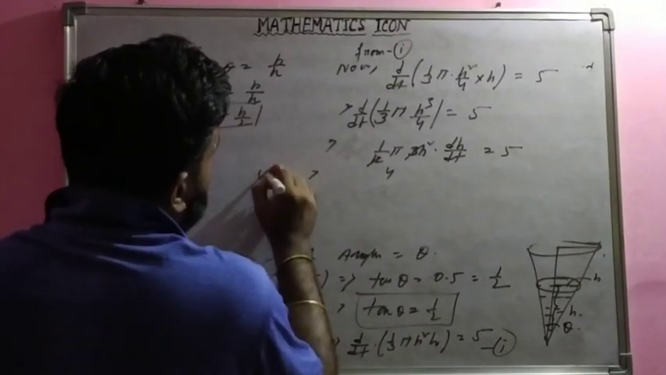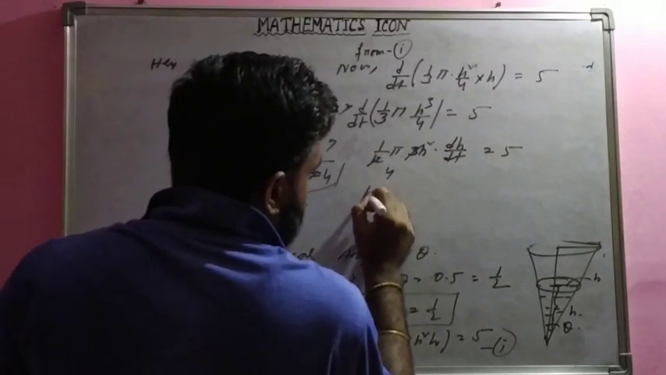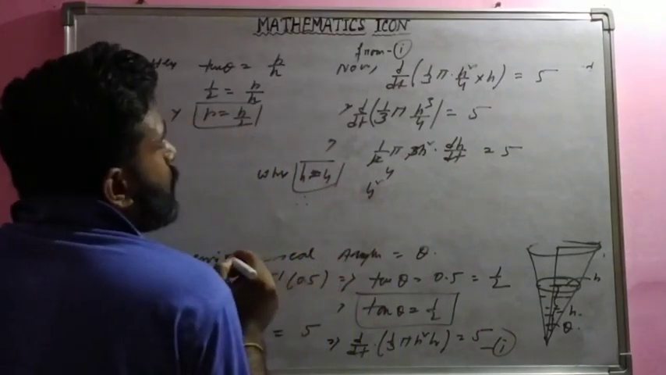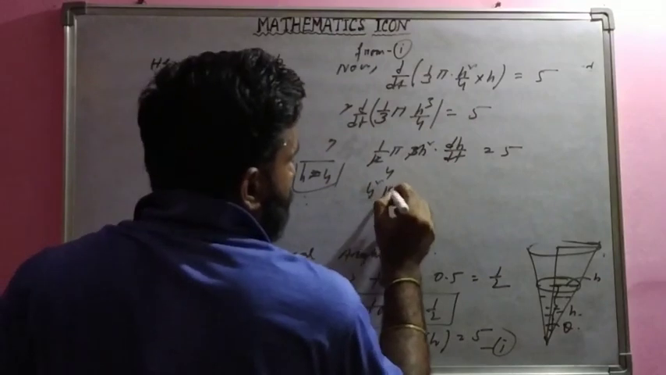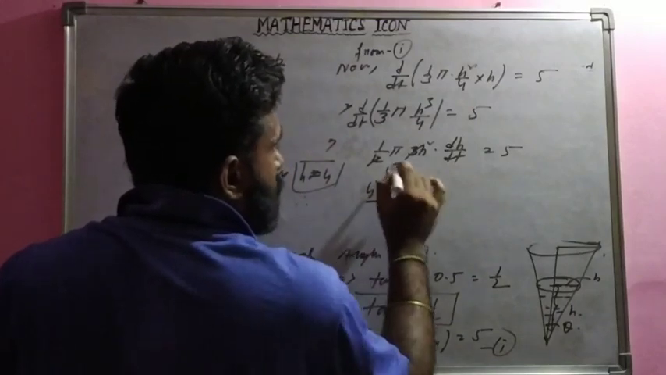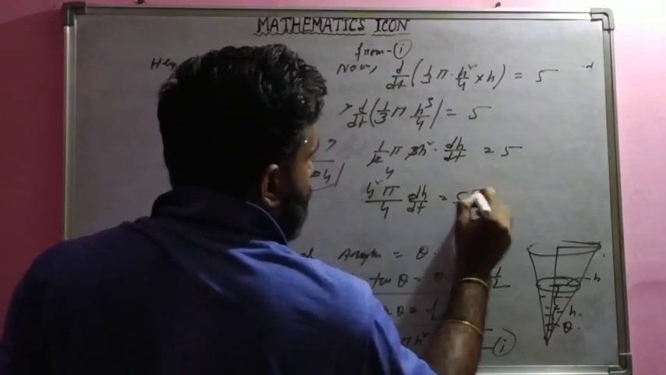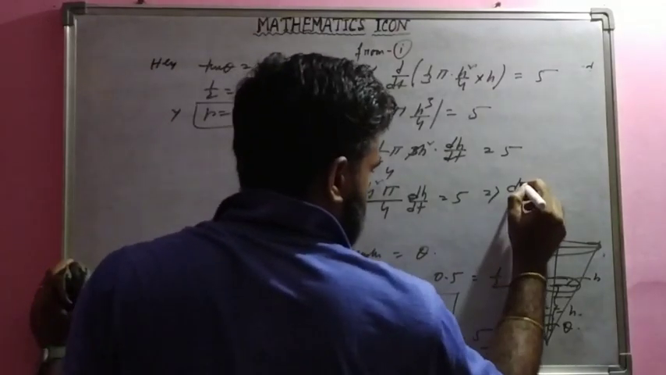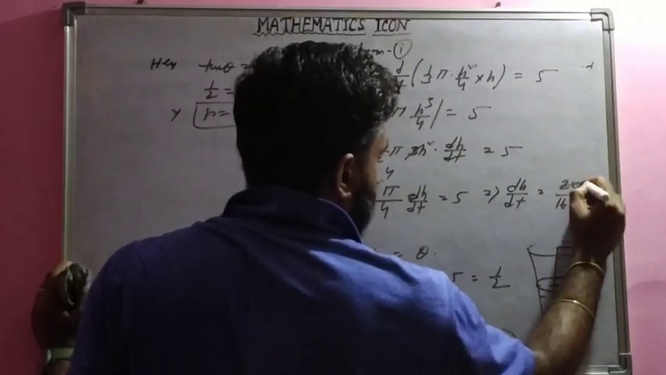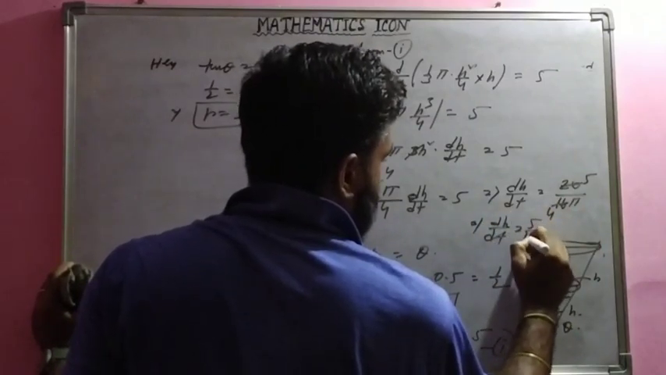सो जस्ट लिखो व्हेन h इक्वल्स टू 4, देन जस्ट बिठा दो h, सॉरी यहां पर क्या होगा, ये h स्क्वायर की जगह 4 स्क्वायर, 4 स्क्वायर पाई बाई 4 इक्वल्स टू, और dh/dt इक्वल्स टू 5। दैट मीन्स dh/dt आपको मिलेगा 20/16 पाई। दैट मीन्स dh/dt का आंसर क्या मिलेगा, 5/4 पाई।